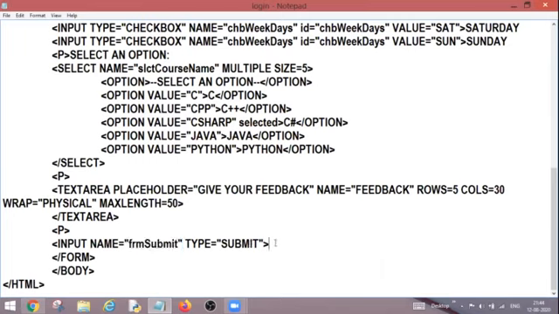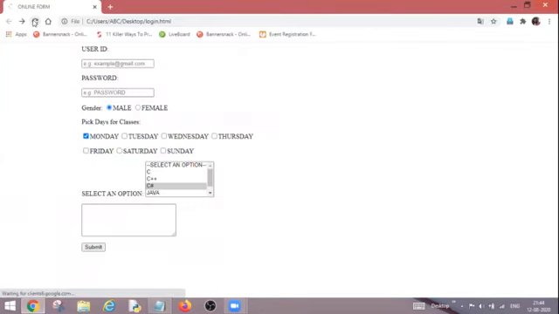Now after the submit button, we are going to add one reset button also. The input tag is there for the same. The name I'm going to set as frm as prefix, reset. And the type of my button is reset. So I have written it over here, just Control S, go back and refresh. As you can see, one reset button is added over there.